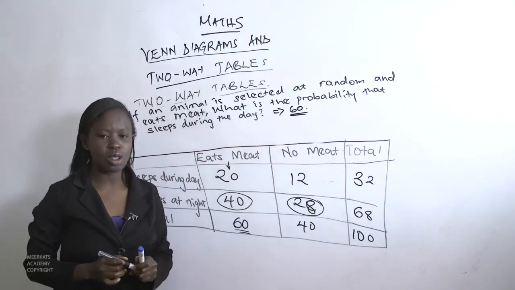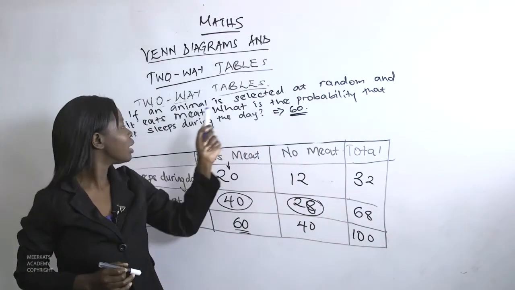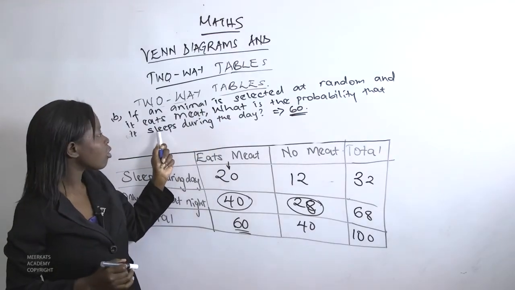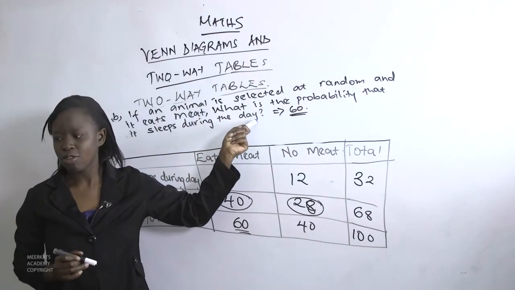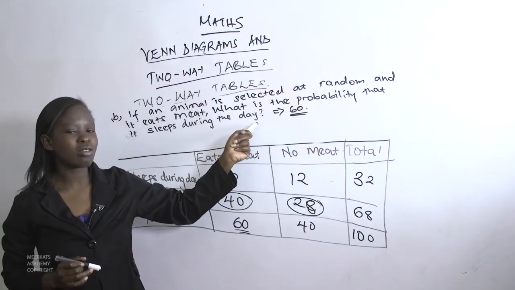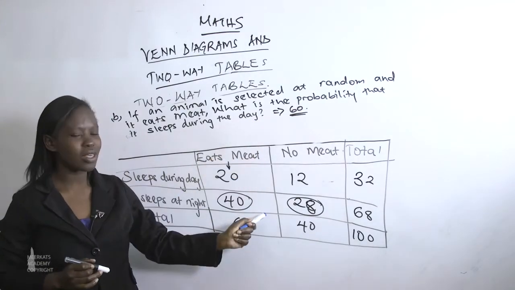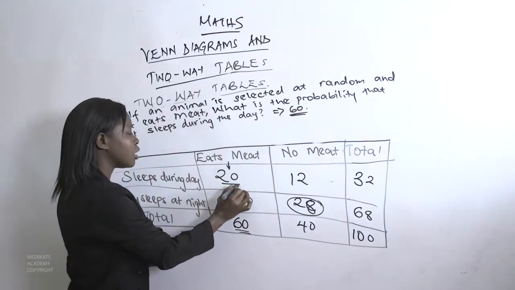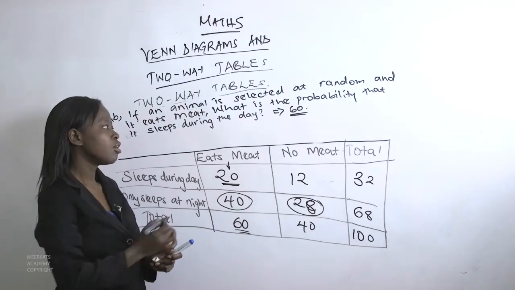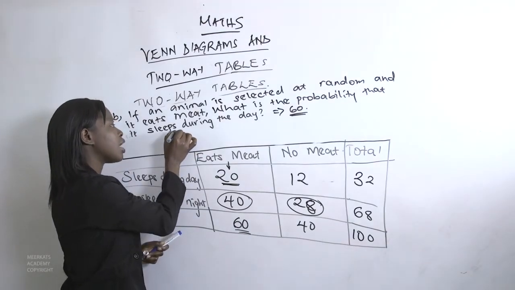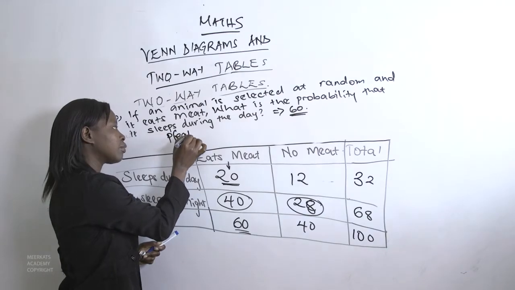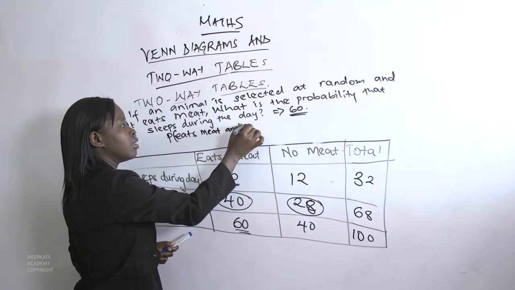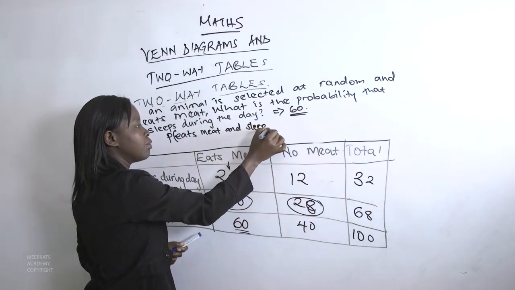But the second condition in the question is, what is the probability that this animal that eats meat and has been selected also sleeps during the day? So we need to find out which animals sleep during the day among the animals that eat meat. So the animals that sleep during the day are 20. So it means the probability that the animal selected eats meat and sleeps during the day